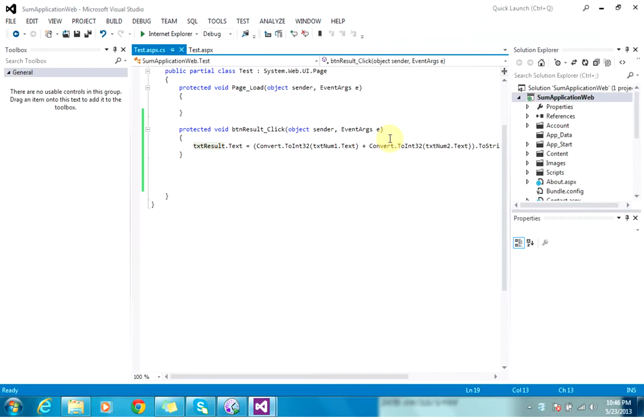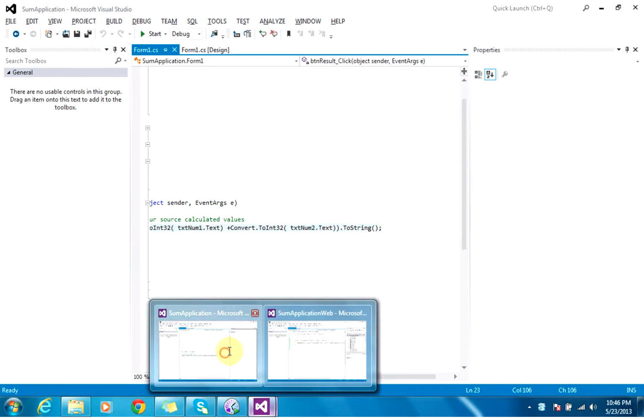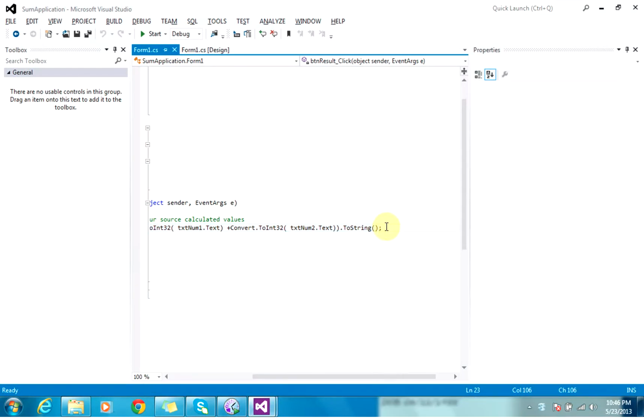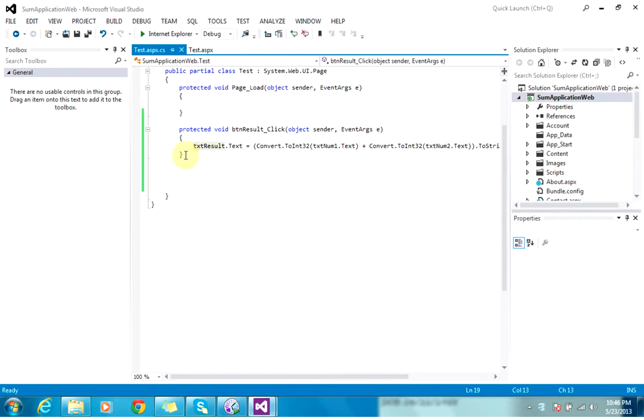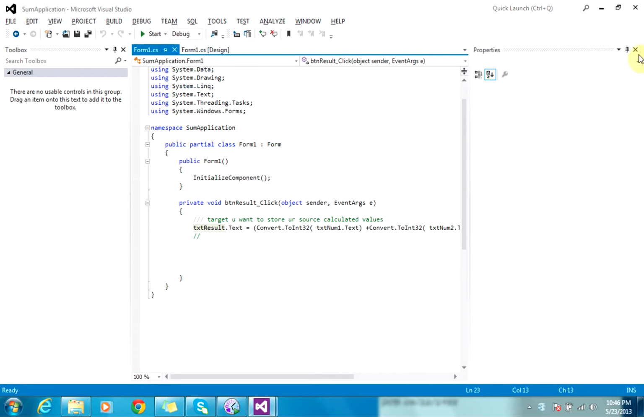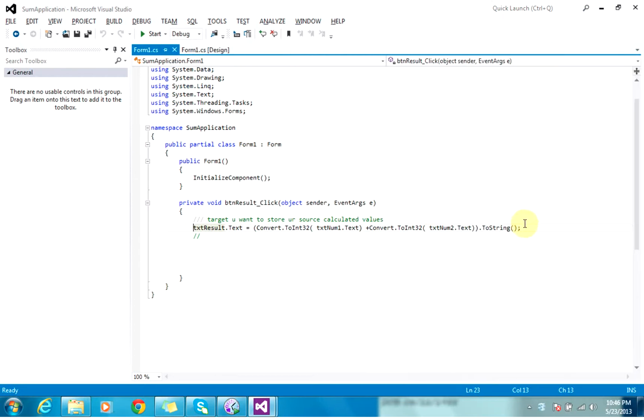So what did we achieve by developing this application? We can see the code is the same in a window application and a web application. I can even say the business logic or coding logic is the same. The difference is the designer part.